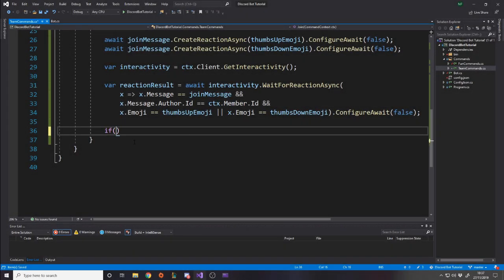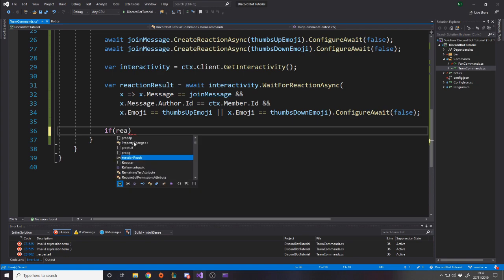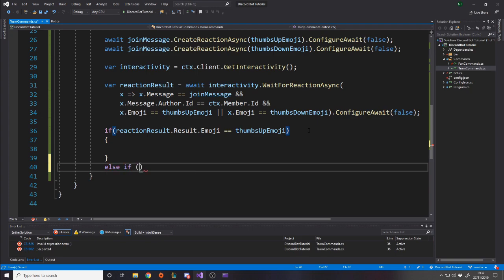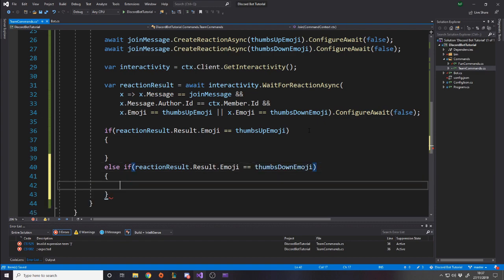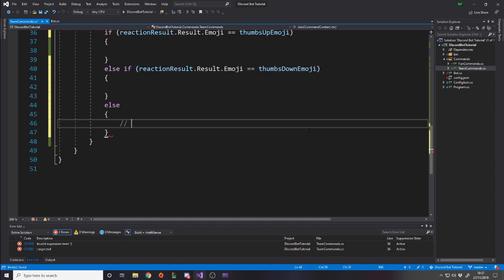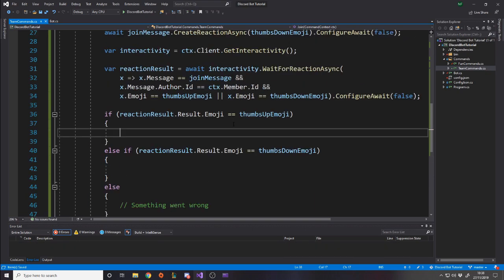So we want to say if the reaction result dot emoji is equal to the thumbs up emoji, then do this. Else if the reaction result.result.emoji is equal to the thumbs down emoji, do this, and else something went wrong. You might want to send like an embed here or whatever, right? It's up to you. But if it's a thumbs up emoji, let's, for example, give them a role. So we'll say await